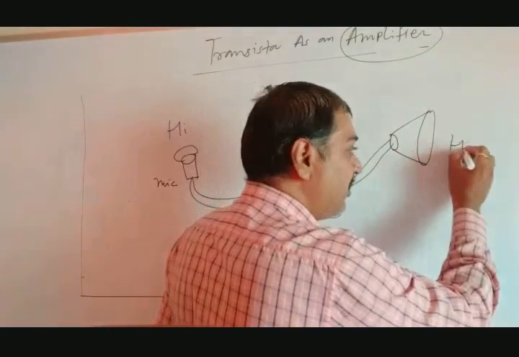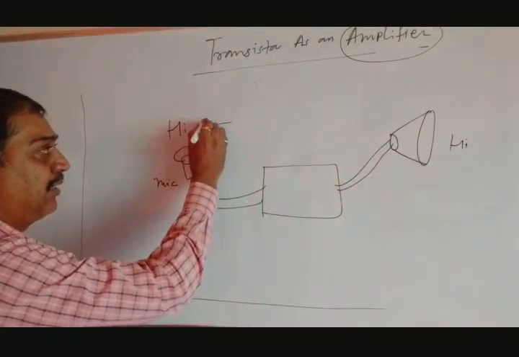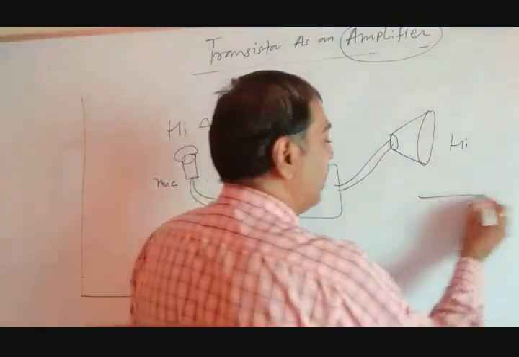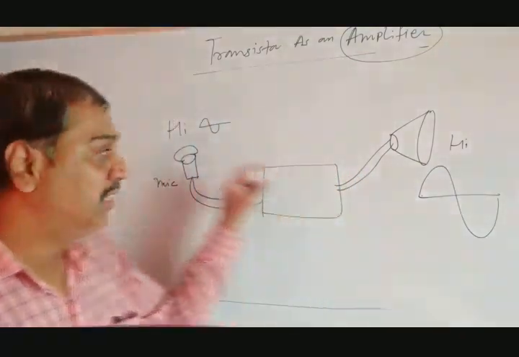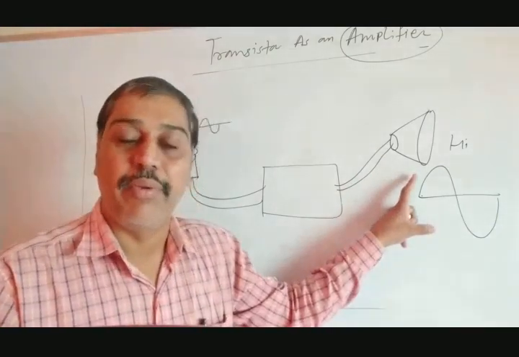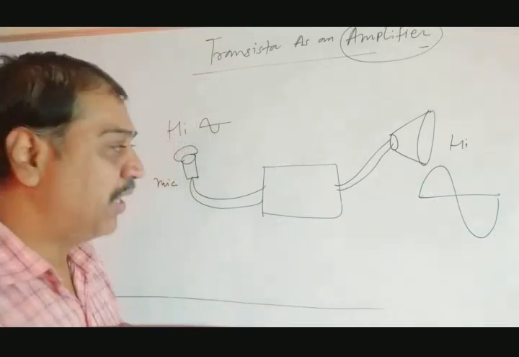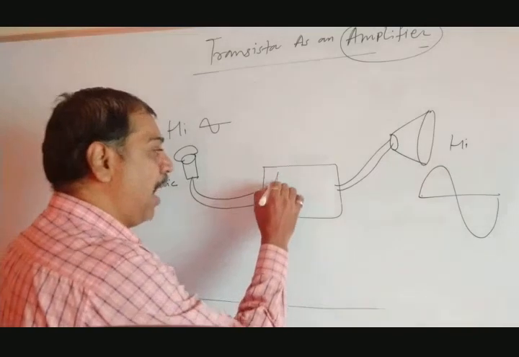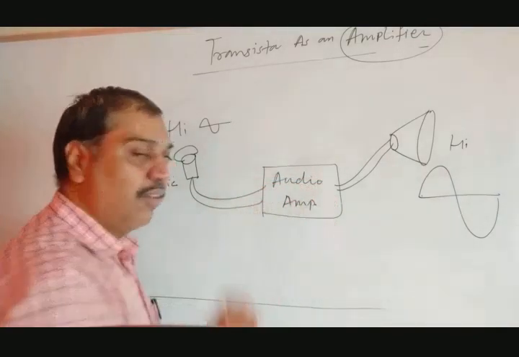But what is the difference? Suppose the word spoken here has an intensity this small. When we hear the same word here, the intensity is large. Just see, the signal gets increased. Initially it is very small, the amplitude gets increased, or we can say power gets increased. And that was done by one instrument, and that is this box. And this box is said to be an audio amplifier.